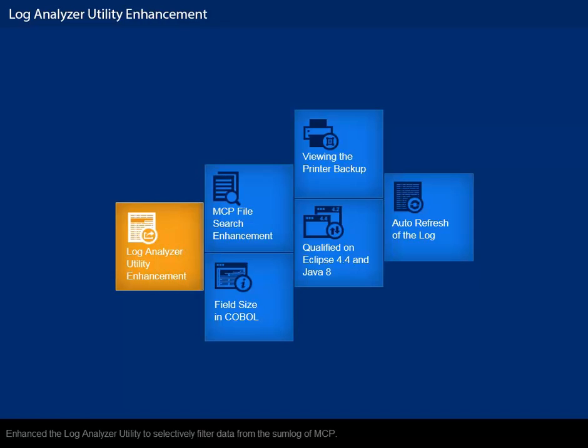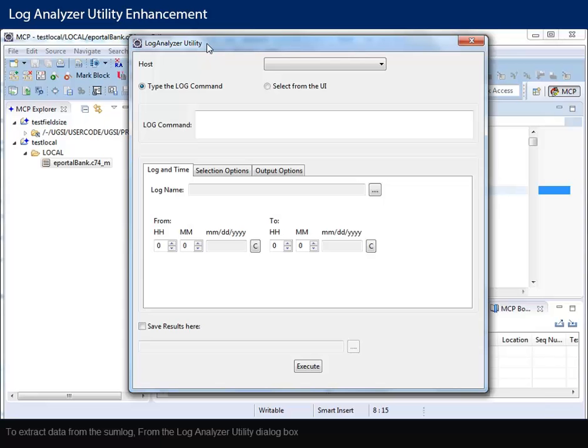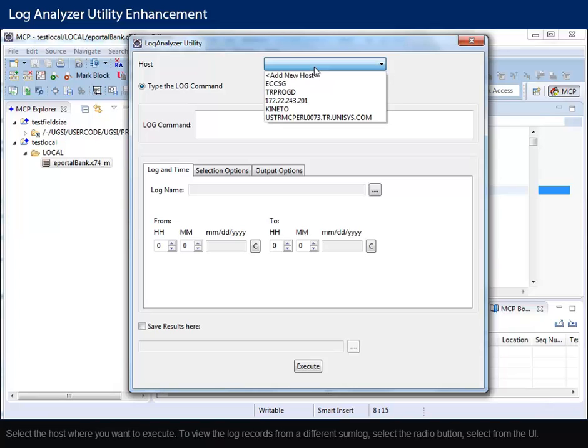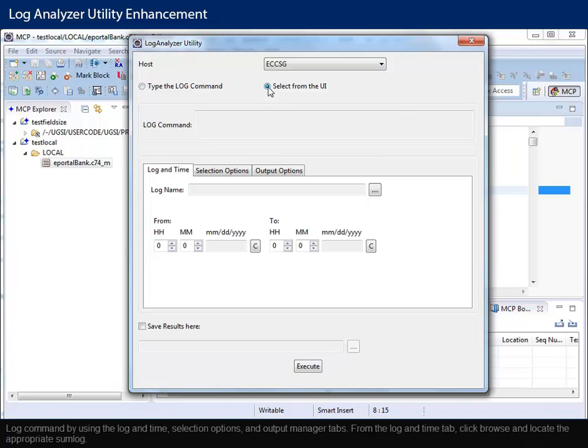Let's understand the Enhanced LOGANALYZER Utility, to selectively filter data from the sum log of MCP. To extract data from the sum log, from the LOGANALYZER Utility dialog box, select the host where you want to execute. To view the log records from a different sum log, select the radio button, select from the UI log command